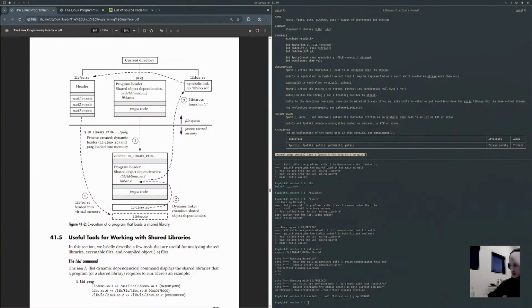Useful tools for working with shared libraries. In this section, we briefly describe a few tools that are useful for analyzing shared libraries, executable files, and compiled objects. The ldd command lists dynamic dependencies. The command displays the shared libraries that a program or a shared library requires to run. Here's an example: ldd prog,